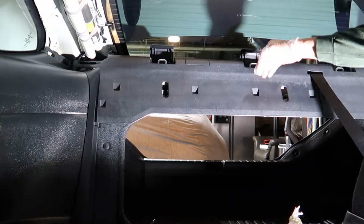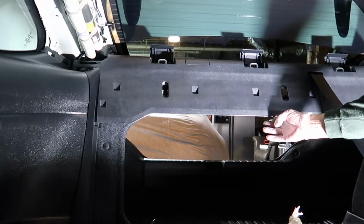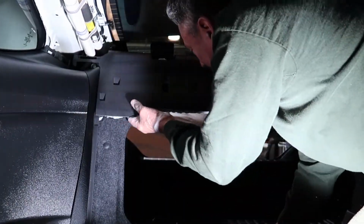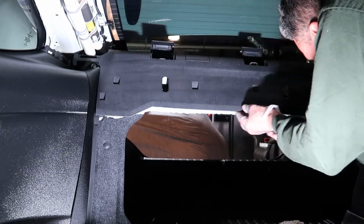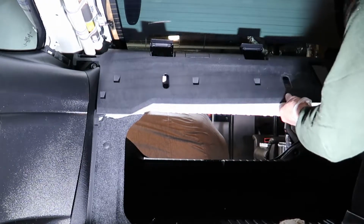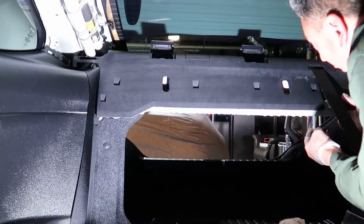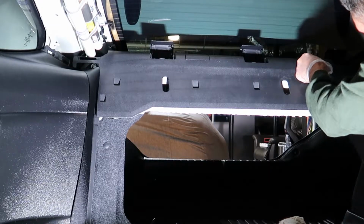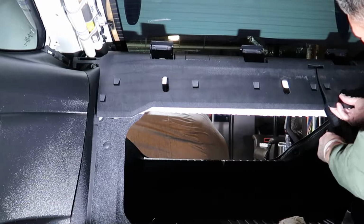Okay, so the clips for this back panel, they go down. So theoretically, we just have to push straight up here. So I'm gonna start from the edge. You can see all I did was tap it kind of hard, and it popped right up. So if it doesn't pop loose the very first time, give it a couple whacks and it should break loose. And you can see I've got it loose now, and I'm gonna take the seat belt and get it